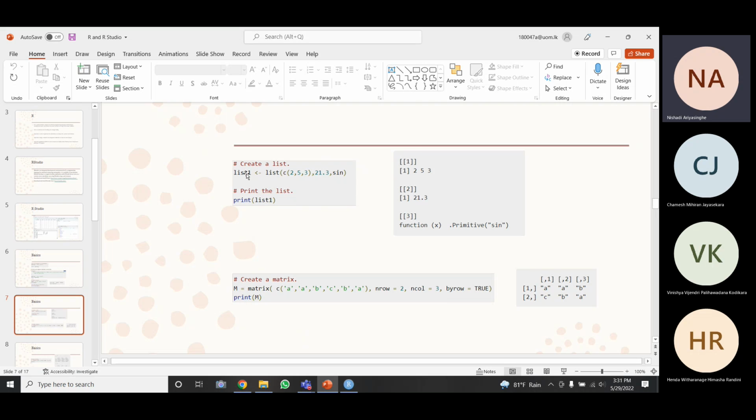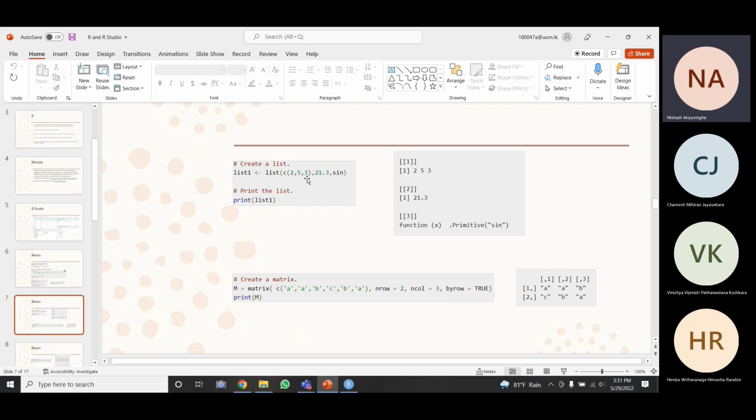You first of all give the name for a list, and then after this assignment sign, you say that I'm going to create a list. So this is a keyword. Here, list is the keyword, and inside you have to go on typing your list. So in my list, I have a character array or character vector.